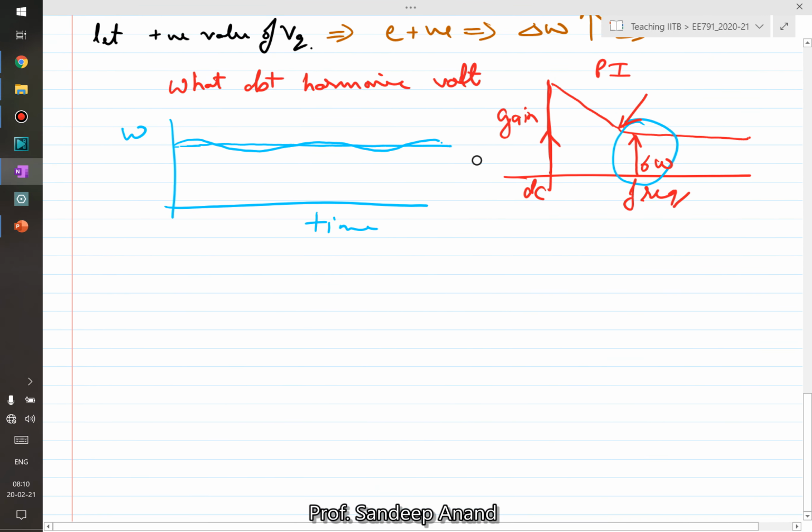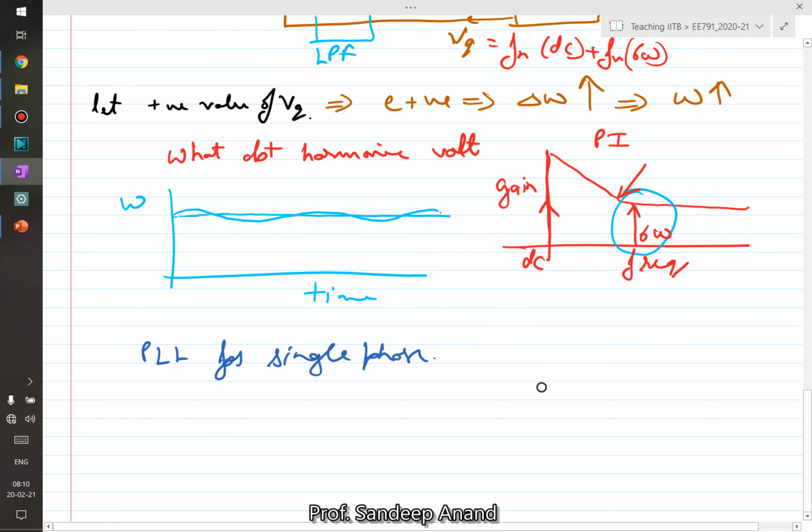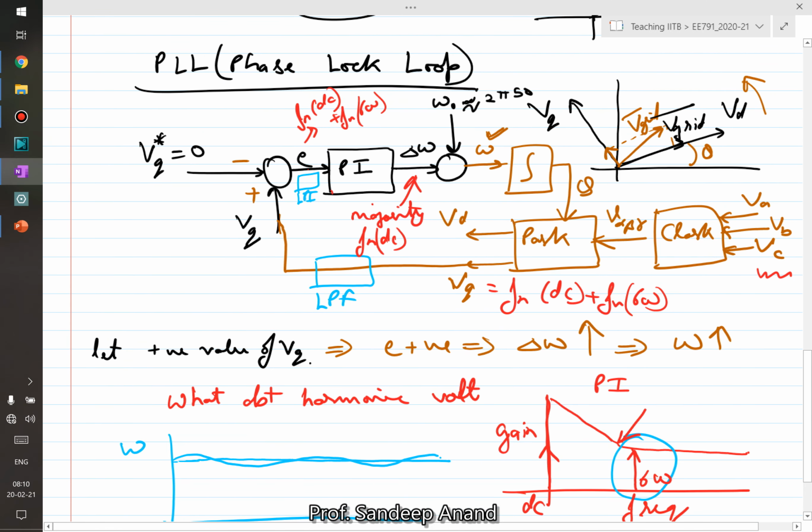Just before we go ahead, one quick thing I would like to introduce is how to do a PLL for single phase. We have seen this PLL operates on three phase. It requires ABC voltages. So if you have a solar inverter, which is a 3-phase inverter, this is perfectly fine. It would track the voltage and give you the angle and so on. What if your supply voltage is only single phase? In that case, let me show you in the same figure.